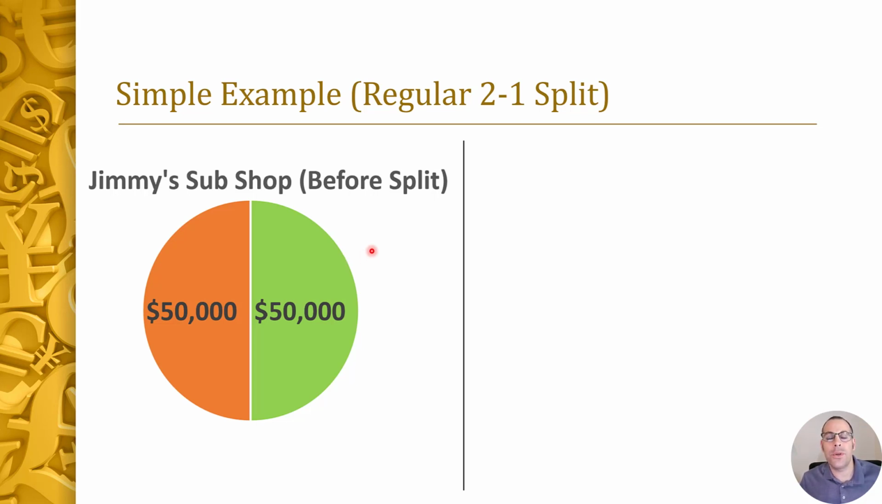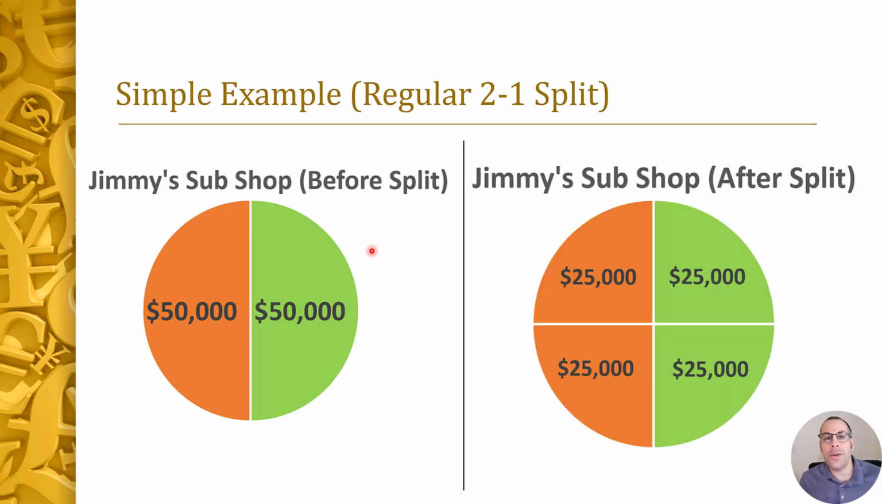Jimmy decides to do a 2-for-1 stock split. Now you own two shares of the company, and each share is $25,000 each. So nothing changed. You still own half the company. Why would Jimmy do this? Why would he do a 2-for-1 stock split? Well, before the stock split, you couldn't sell your share of the company unless you wanted to get out entirely. Now, after the split, you have two shares, so you can sell off one share and still keep part of